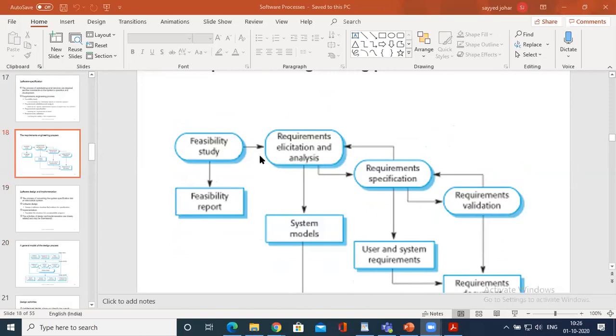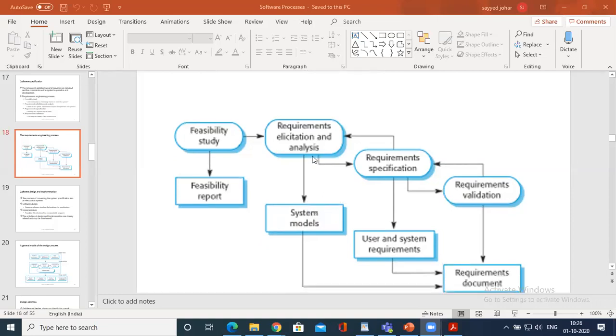Then the gathered information is elaborated. That is called requirement elicitation and analysis. Maybe a model could be developed based on the analysis that is being made. In elicitation, basically there will be a discussion between the client and the customer.